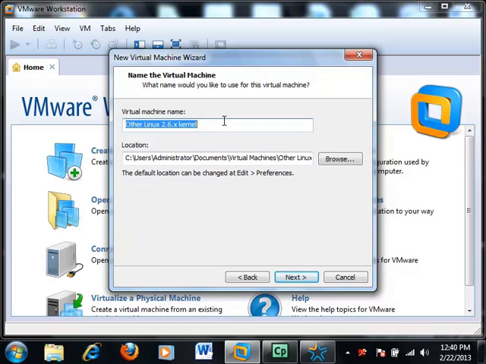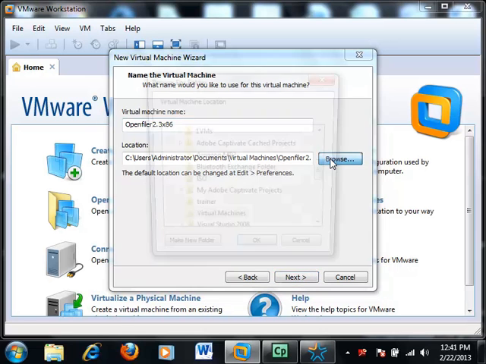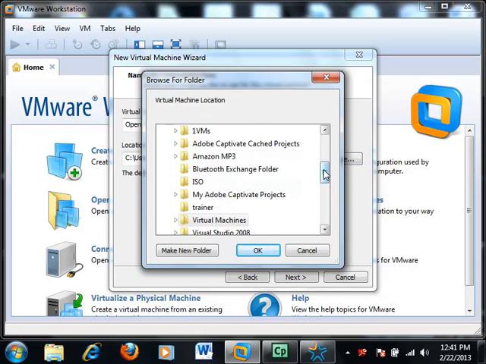I'm going to name my virtual machine Openfiler 2.3 x86, so I can remember that this is the 2.3 version and a 32-bit processor. I need to make sure that the virtual machine files are saved in the correct destination. And as I mentioned before,